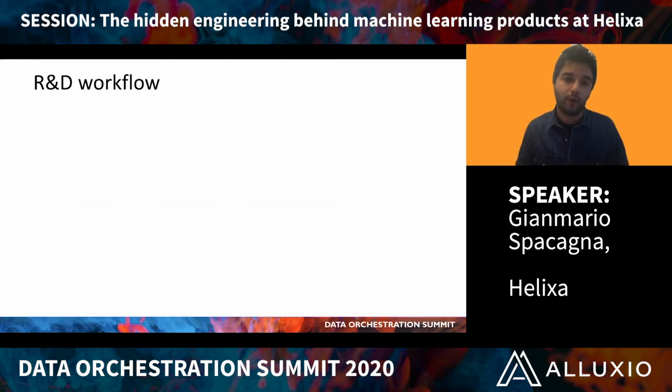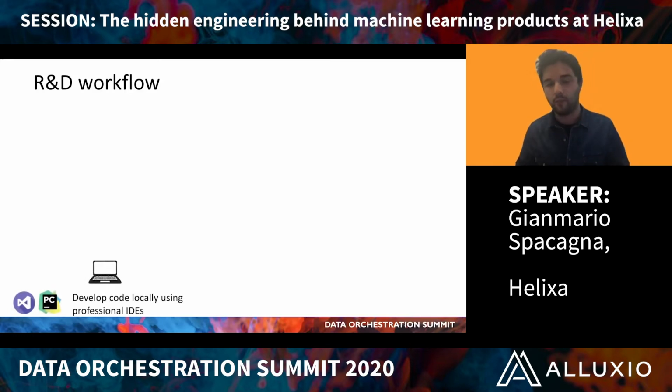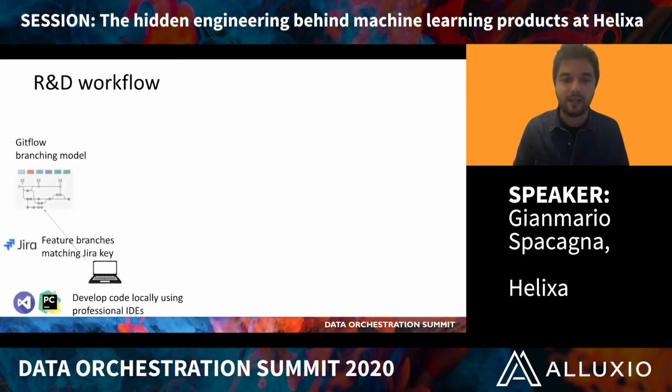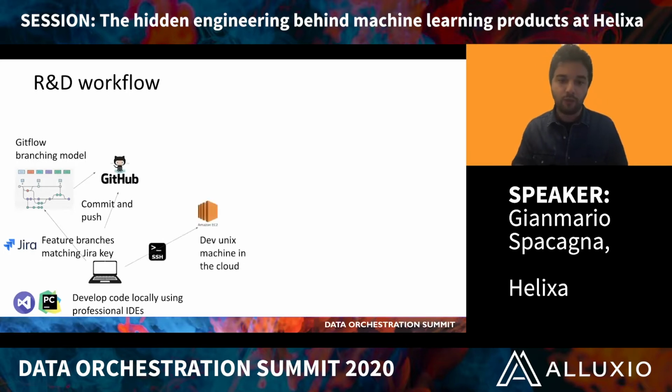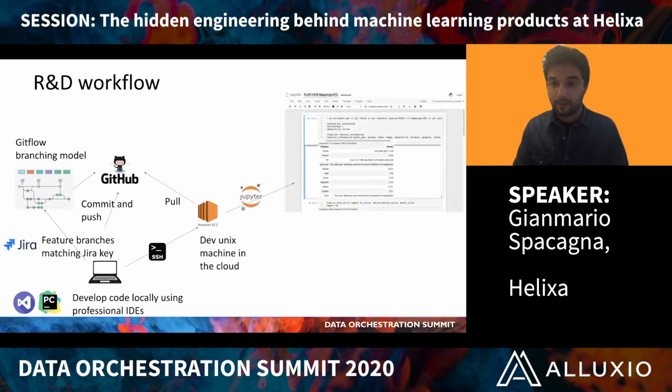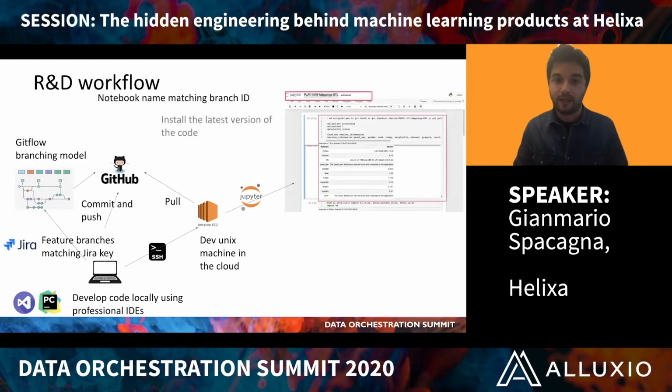So the workflow for R&D is the following. Most of the time, we write code locally on our laptop using professional IDEs. And then we would use the Git flow branching model based on Jira keys and save the code in a central code repository in GitHub. Then we would SSH, so start our own machine in the cloud, pulling the latest version of the code, spinning up the Jupyter server, then installing the latest version of the code locally, and saving and sharing the notebooks